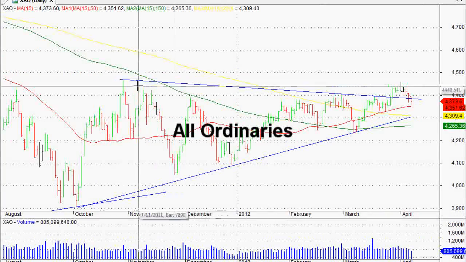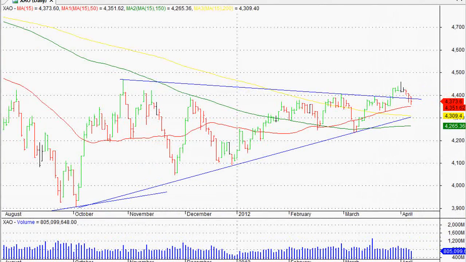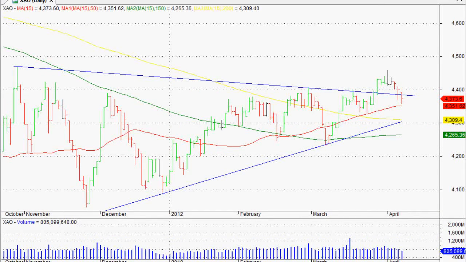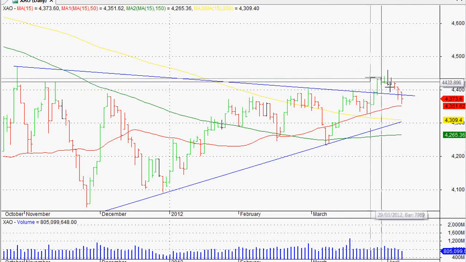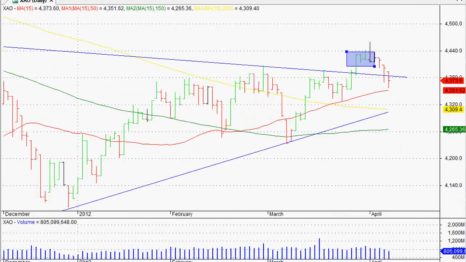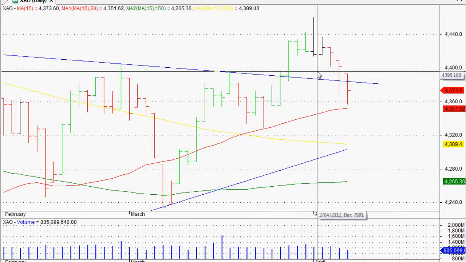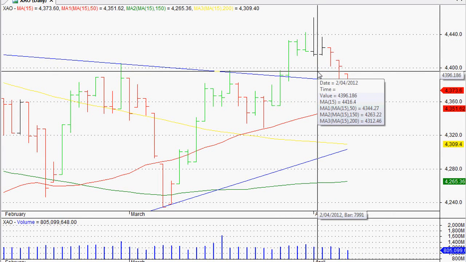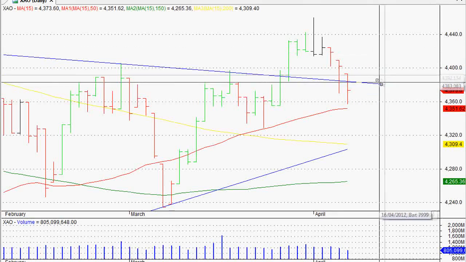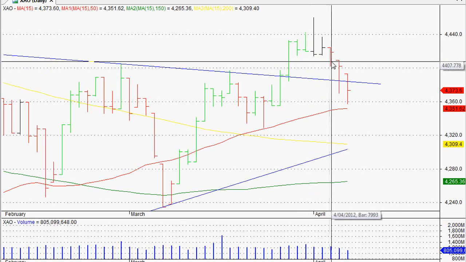Now, just really quickly, what we were looking for was a close above 4,400. A lot of people were looking for that, and it's possible that what we're looking at now is a false breakout. In other words, that's a breakout of the previous range there, and as you can see, if we enlarge this single bar right up the top there, many of you who've been studying at ASX Market Watch will know that single bar and the significance of it. That's basically the bar that changed the market right now, and that's what we're looking at from a false breakout point of view.